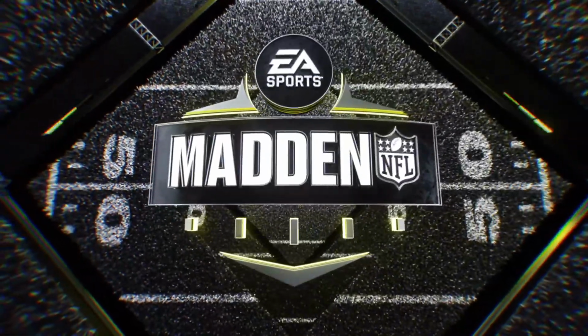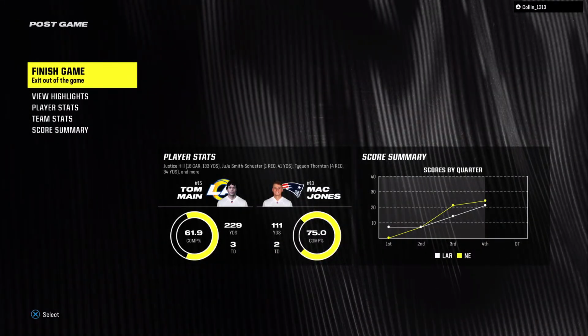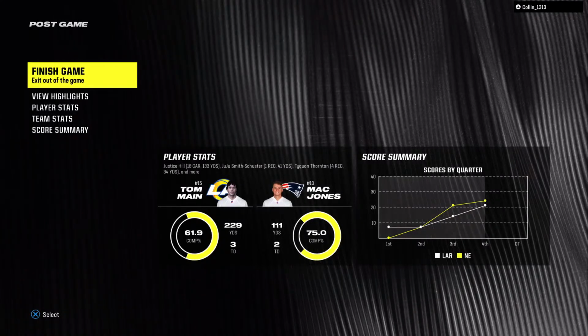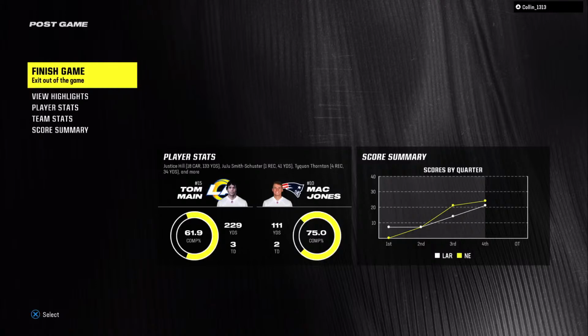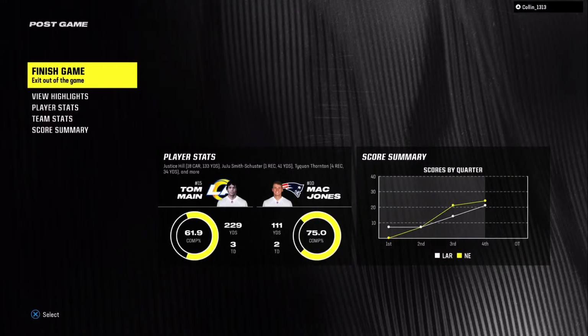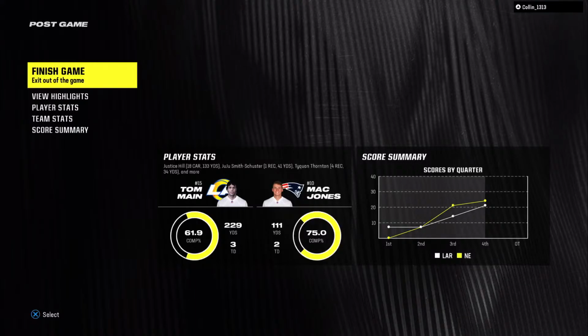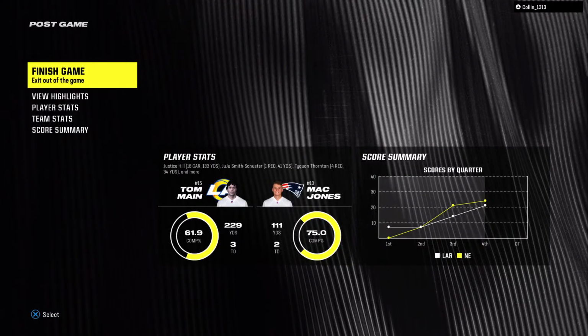Great effort from the guys visiting. But in the end, how about those guys in their home stadium finding a way to win? So for New England, the win moves them up to 5-2 now on the year. And they'll get another home date next week as the Packers will come to town. Meanwhile, for the Rams, the losses are piling up as they drop to 1-5 now. And they will try to get